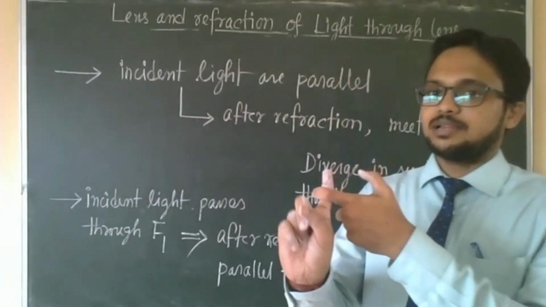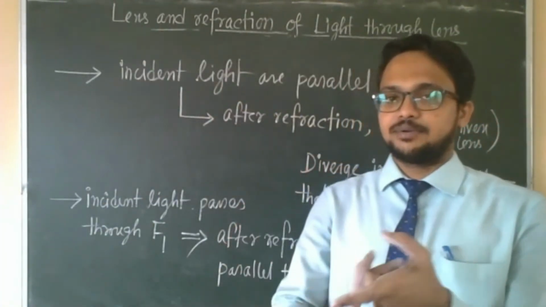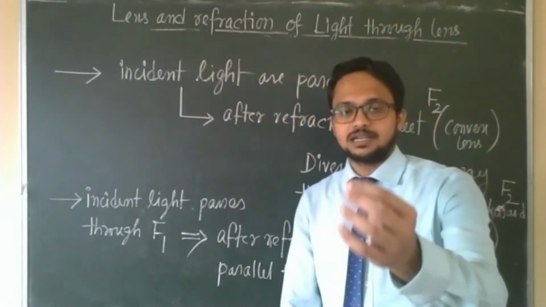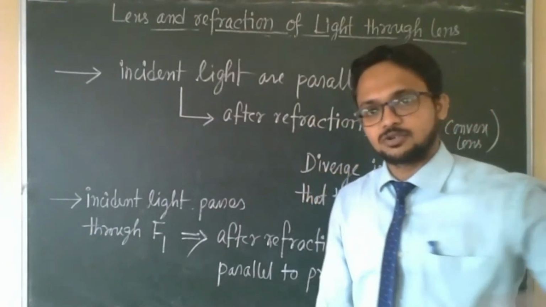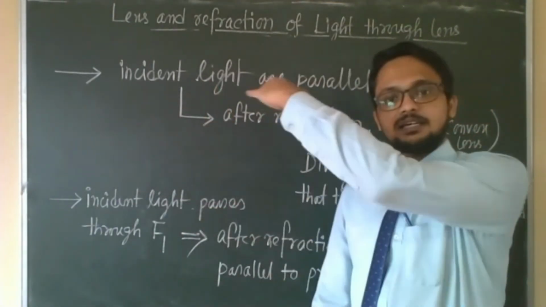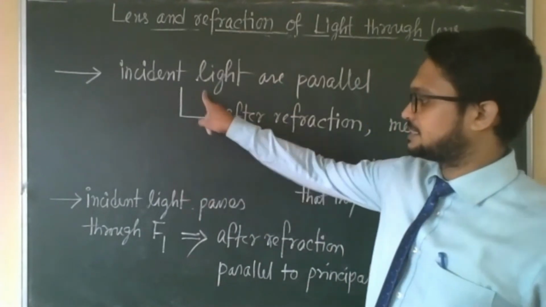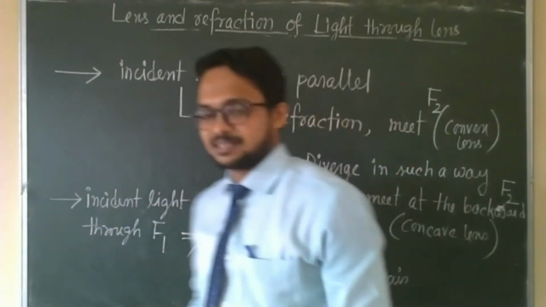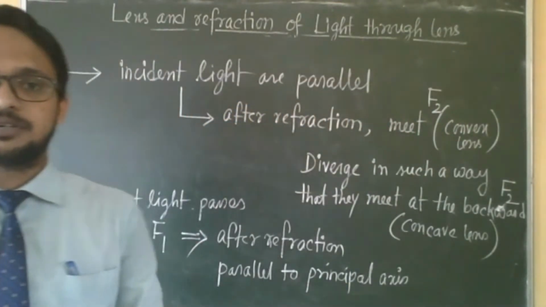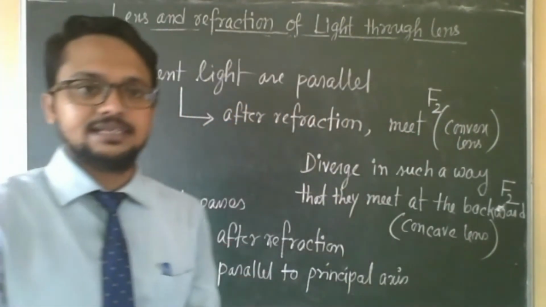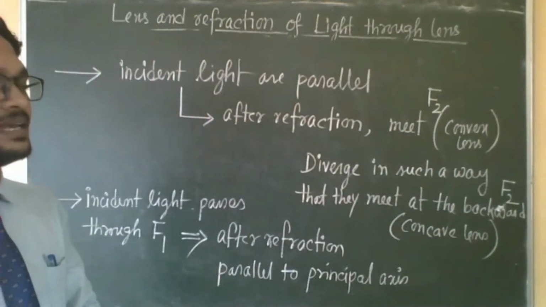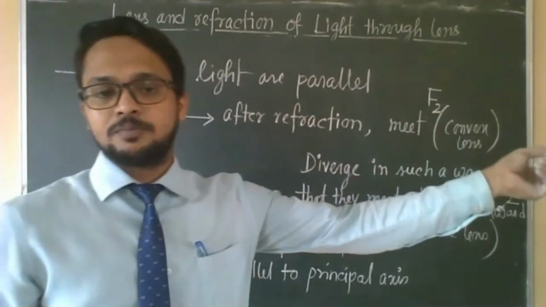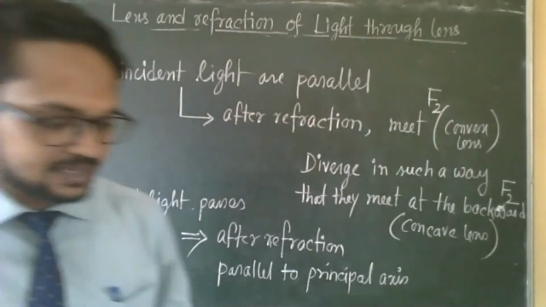And the third ray will come. Which is the third ray? The third ray we take through the optical center. Optical center means no deviation, just draw a straight line. So the first ray, second ray, and third ray through the optical center are finished. Maximum in a question you will get 3 rays, draw the ray diagram for 3 rays. If it is not mentioned, you will take any 2 rays. Complete the ray diagram.